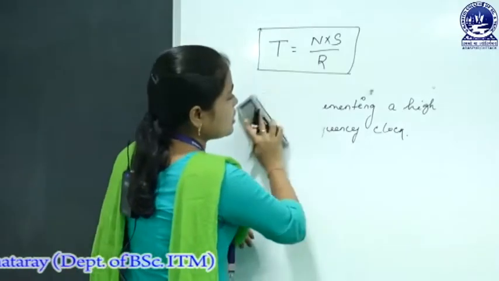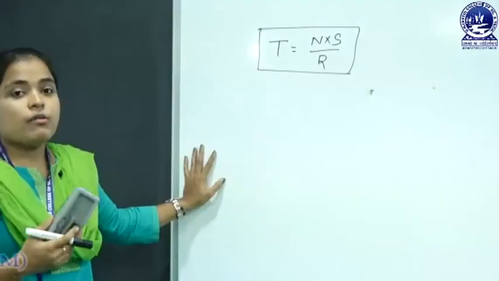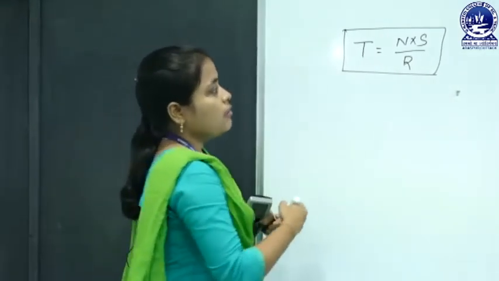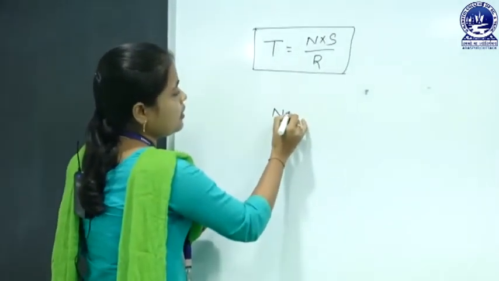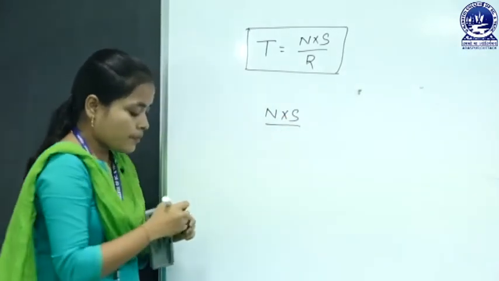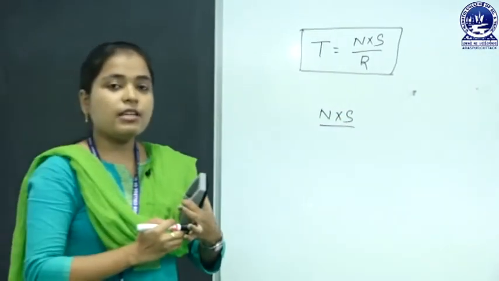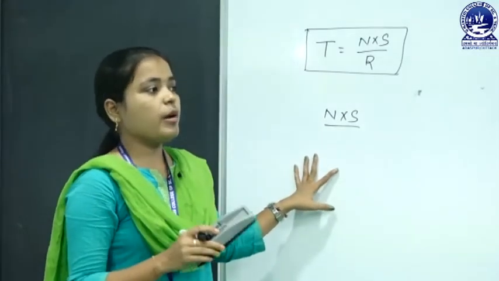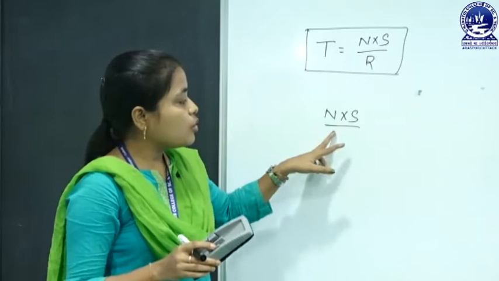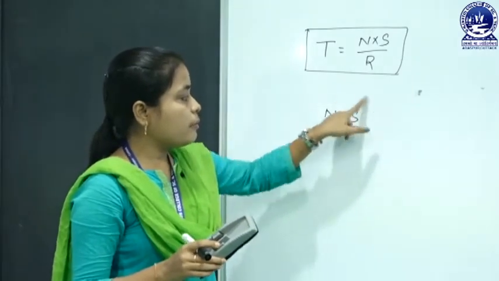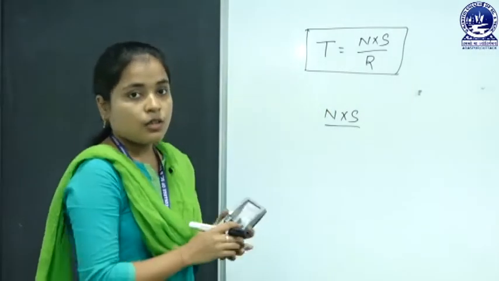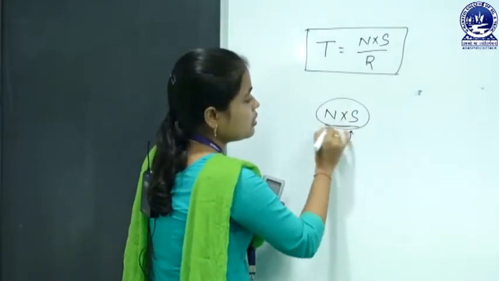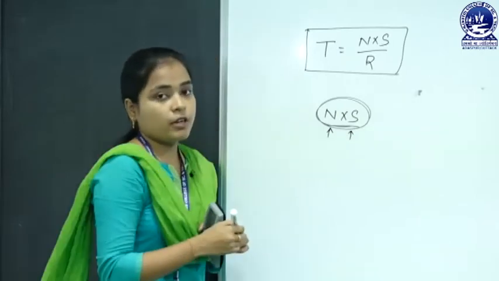Okay. And next are some concepts like we have to design a compiler which will reduce the value of N times S, because we know that to execute a program we need a compiler. Okay. So, there are some compilers which are used to reduce the product value of N and S, not the single value of N or S, it will reduce the complete product value.